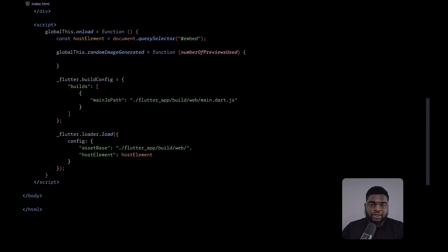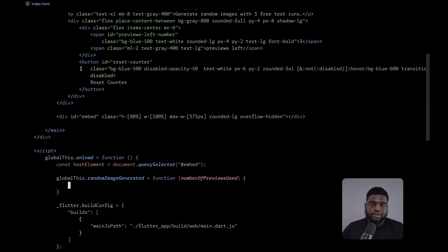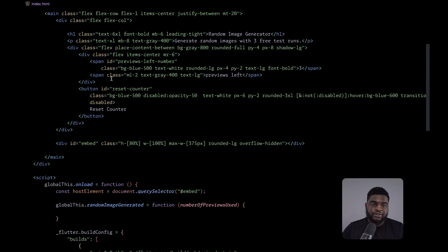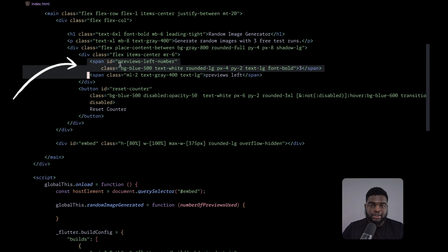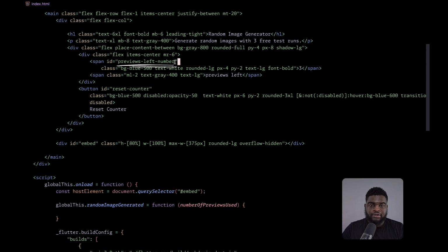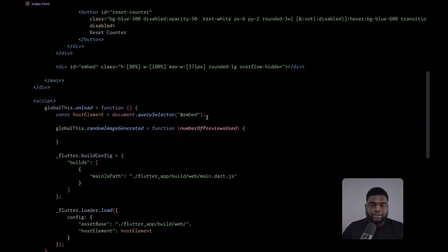So what we want to do next is to decrement the number of previews left when this function is called. So let's check the HTML element for the number of previews left. So this is the element and the ID is previewsLeftNumber. So we can create an element for that.